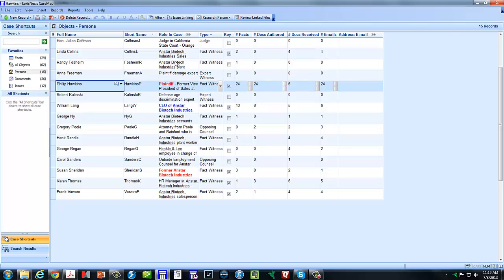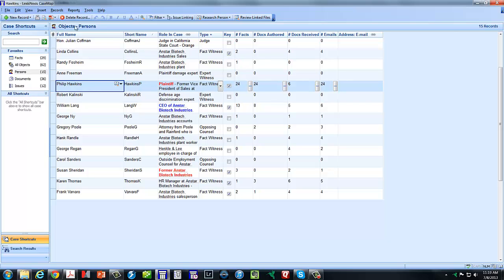Well, you can do the same exercise three different ways. One way is to come to where we are now, which is the persons table, and find Mr. Hawkins. If we want to find all of the facts linked to him, we can go to the number of facts. These are all facts linked to Mr. Hawkins. Now, remember how the facts are linked to Mr. Hawkins. Once you start typing his name in that field, it auto-completes his name and then auto-links it to the persons table. So what would you do here? You would go to the Philip Hawkins